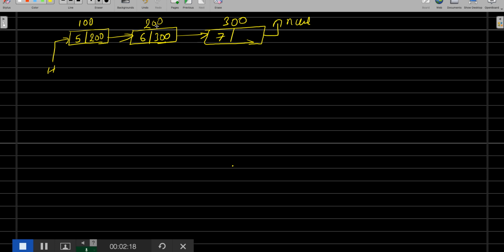Now the requirement is we need to insert one node here. So how do you do that, right? You have to insert one node here. So if you look at this program, how should we approach that? We know that the head will always point to the first node. So first, you store the head into some other variable so that we do not touch the head, otherwise your linked list will not be in the right state. Okay, so these are all nothing but nodes. So you create one variable of type node, let's say temp, and in this you store the head.